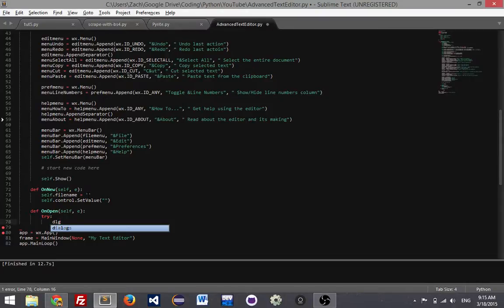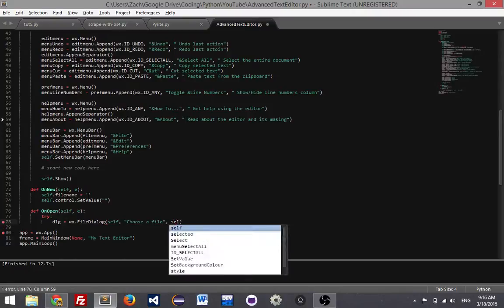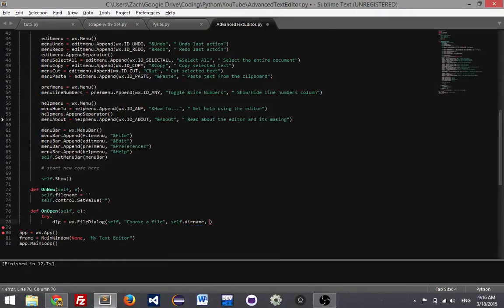I'm going to create a variable for a dialog box. I'm going to say wx.FileDialog, give it the self argument. Now this argument is going to be the title for it, so I'll say choose a file, and then we want to give it the directory, so self.dirname. These next ones are the types that you can use. I'm going to use star, so that's saying you can use all file types. Lastly,